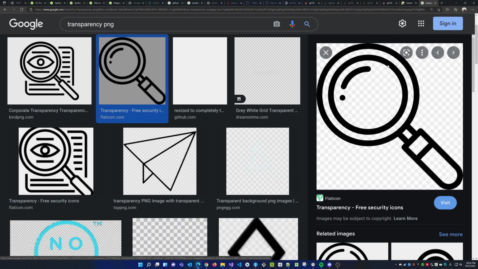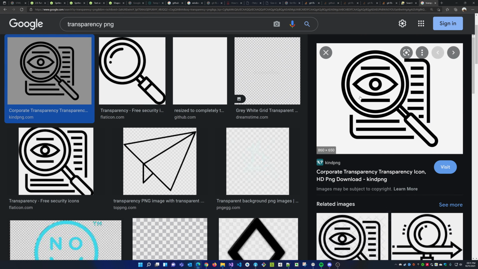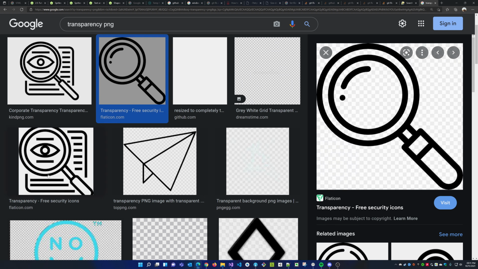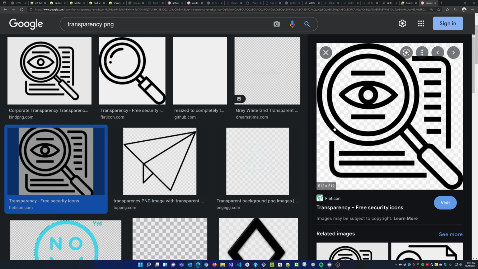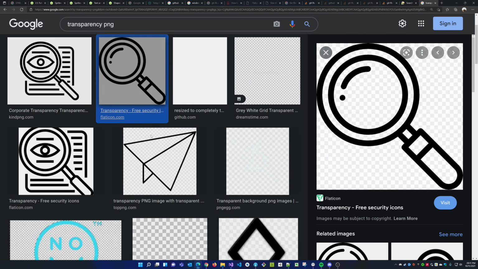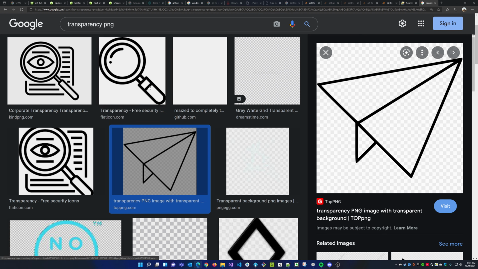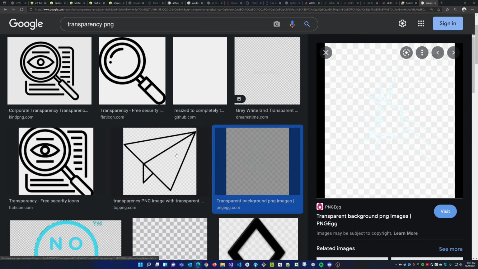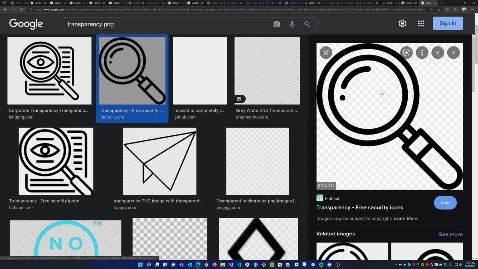So now if I have an image behind it, I'll be able to see the image behind it, like glass. This is a white background, and if I click on it, it'll give me a white background. This is another example here. This is a white background. If I click on it, there's the checkerboard pattern. Now, this is fake transparency because the checkerboard pattern exists in the image itself in Google, and when I click on it, it exists in the image. If it's fake, the checkerboard pattern is here. If it's real, the image is white. When you click on it, you will see the checkerboard pattern.